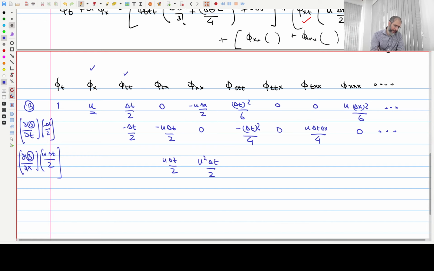Then when I take a derivative, I can generate a phi ttx, which is here, and the coefficient of this is going to be u delta t square by 4. Then when I take a derivative of this with respect to x, I generate a phi tx term, which is here, which is u delta t squared by, no, this is,